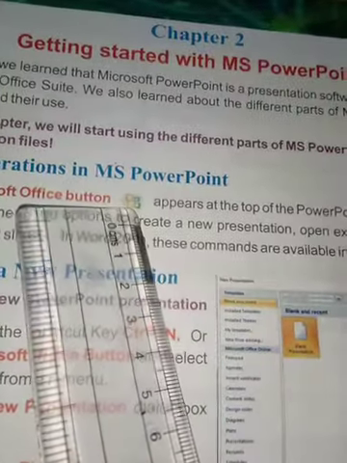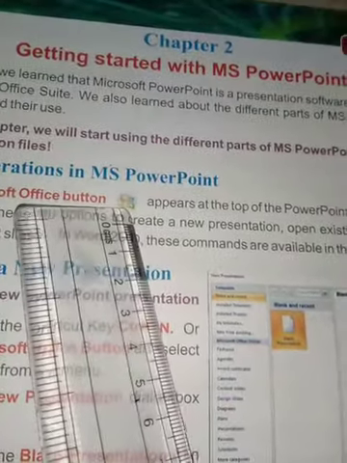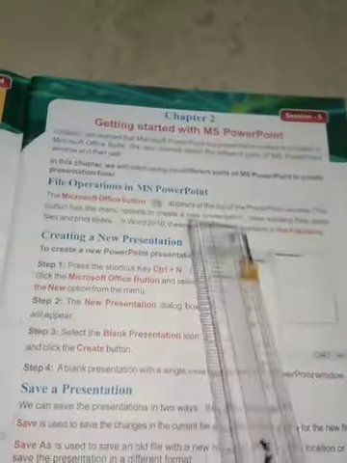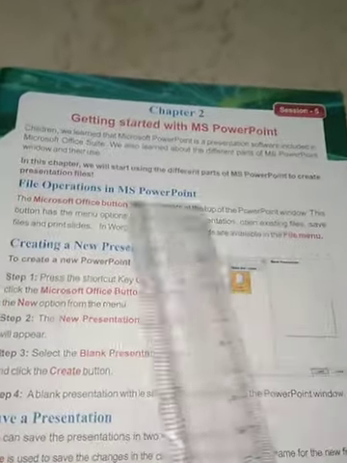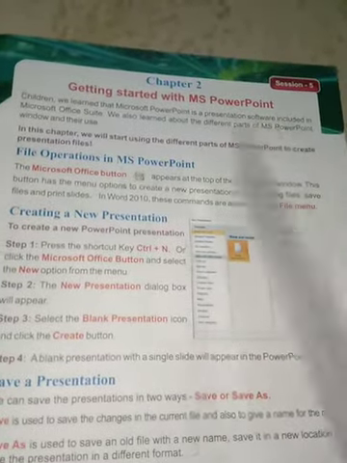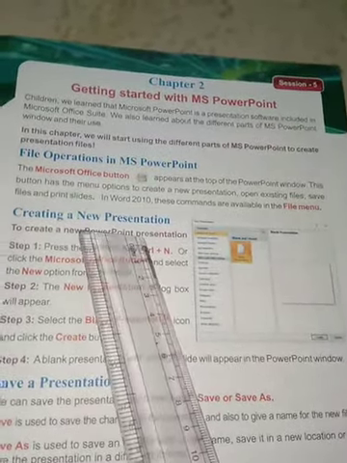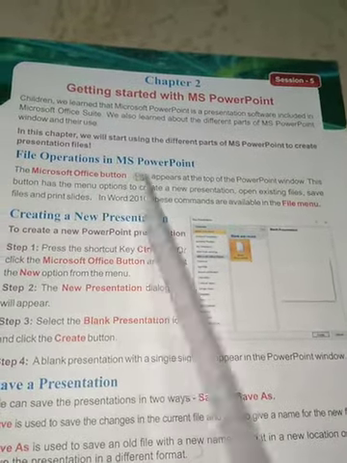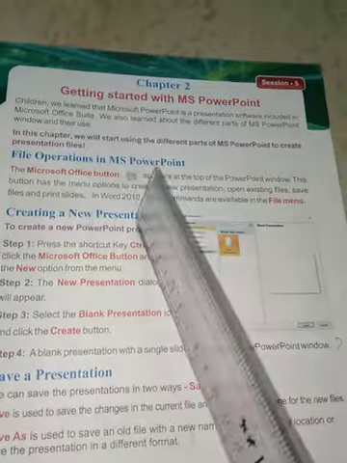So this is the Microsoft button. When you click on that, you have a menu where you can create a new presentation, open an already existing presentation, and you can save and print the slides.